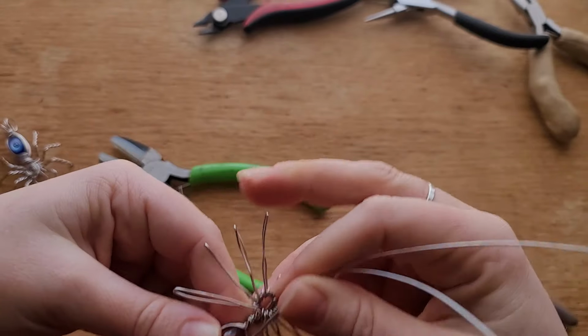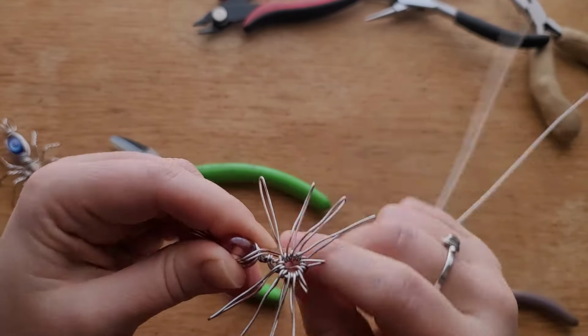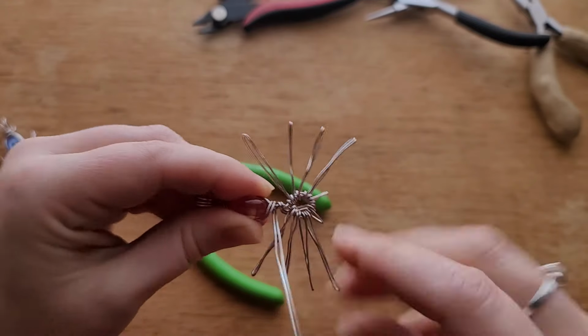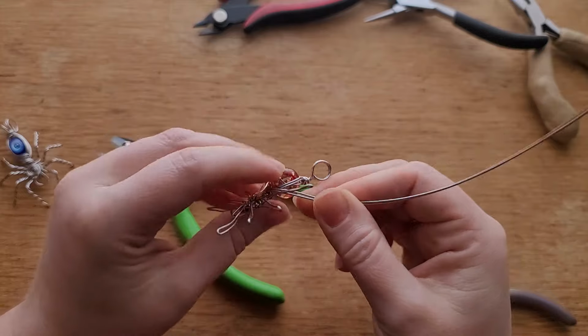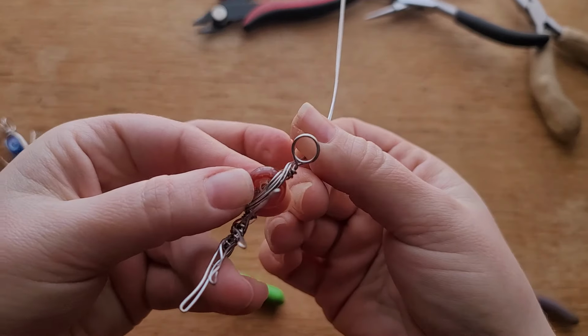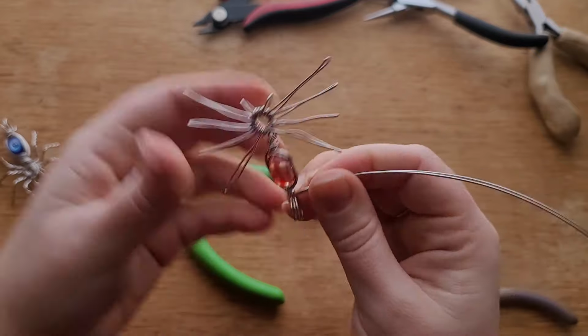And so from here, I'm just going to cross this, whoop, like that. And then keeping our wires parallel to each other and kind of stacking them on top of the wires that are going through the beads, I'm going to bring that around, and we're just going to cross like that. And then I'm bringing these wires to nestle kind of behind the first layer, and then bringing that around